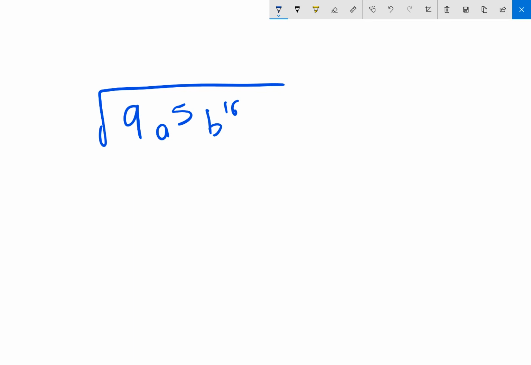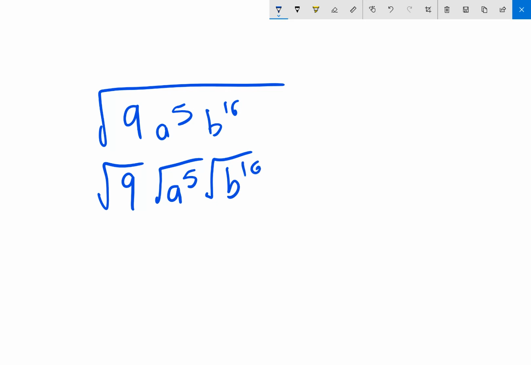So number 4, square root of 9, a to the 5th, and b to the 16th. So what we're going to do is separate each of these into their own radicals. Okay, and I'm going to do all of them onto the side here. Now the square root of 9